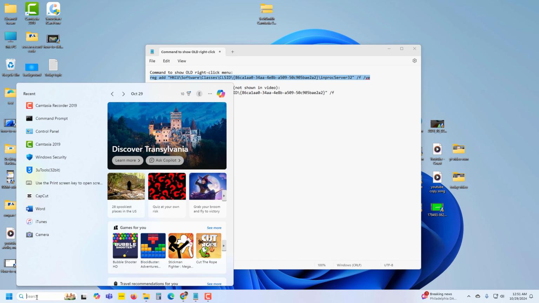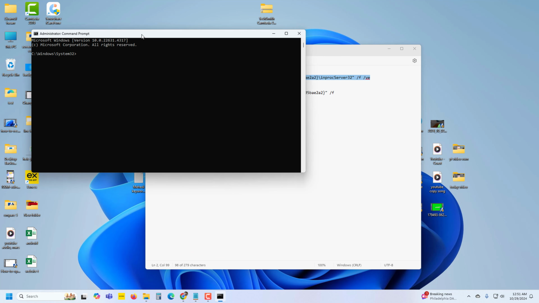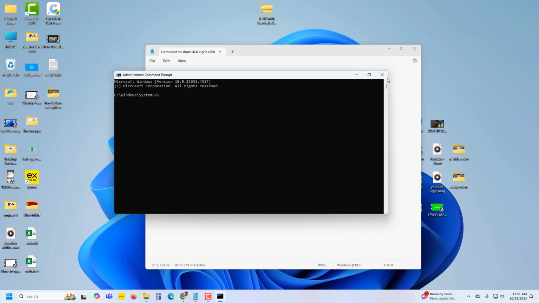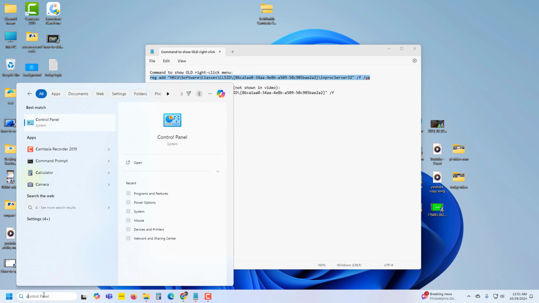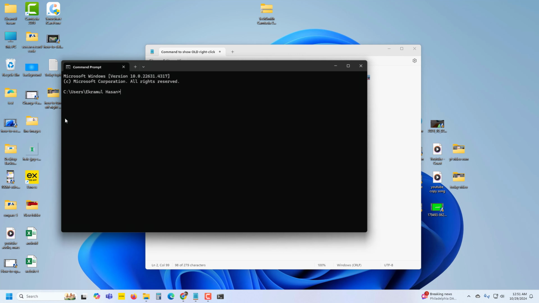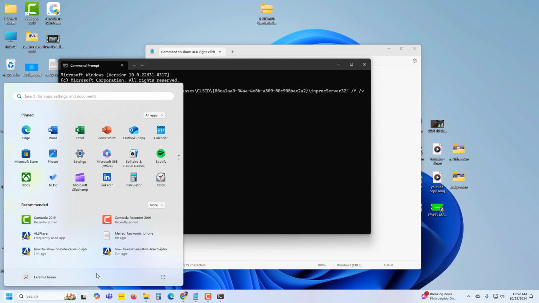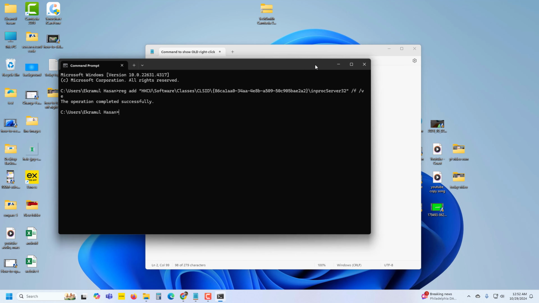Go to your search option and type cmd, then run as administrator. Once you see this kind of interface, or again cmd, you can paste this code here and just hit enter. Then you can see the operation completed successfully. Now you have to restart your PC. Once you restart, then you can see your